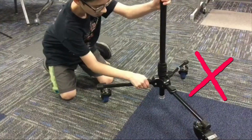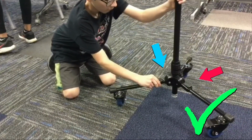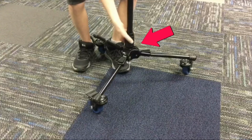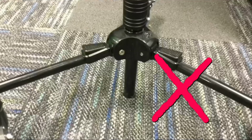A common problem is a tripod tipping over. To fix this, pull on the hinges at the bottom of the tripod and lift it up straight. Another common problem is the tripod not rolling easy. To fix this, loosen the tight lock at the bottom of the tripod, then lift the main bar off